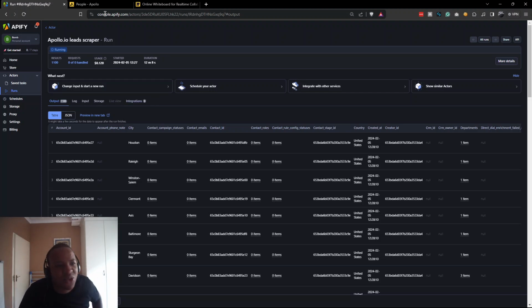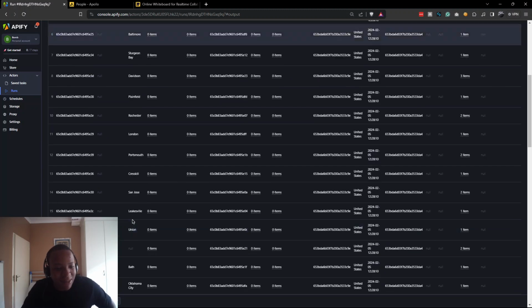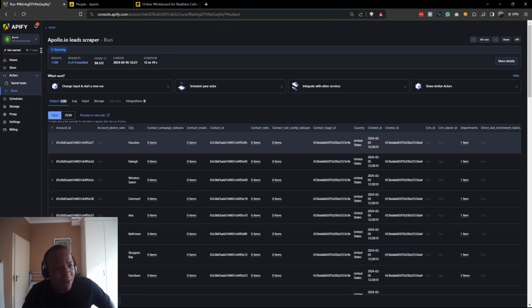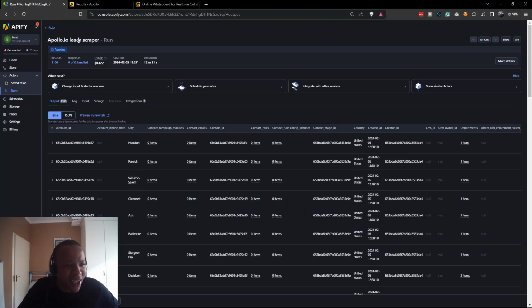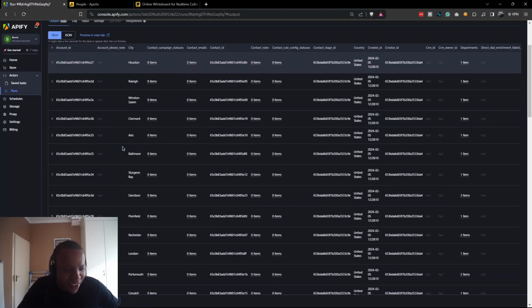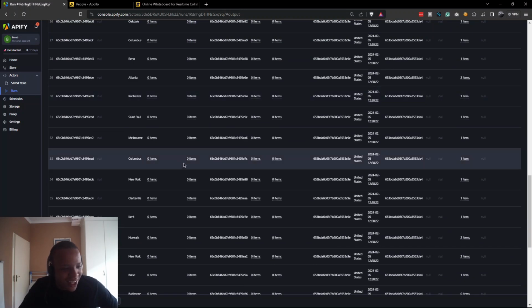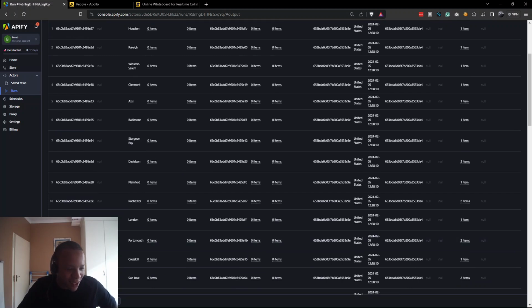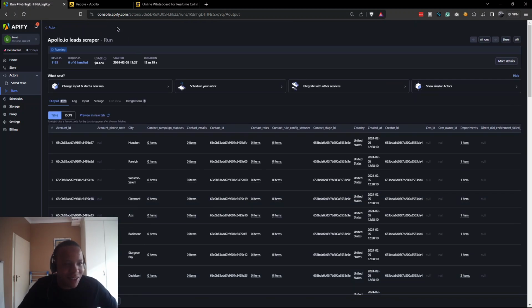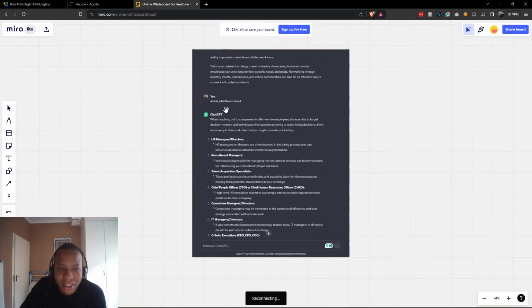I'll have it in the description, and the page is apparently freezing because this Apify automation actor takes a lot of RAM, a lot of memory. It says 1 gigabyte of memory here, but it's far more than that. I've had to reload this page dozens of times, but this is essentially what